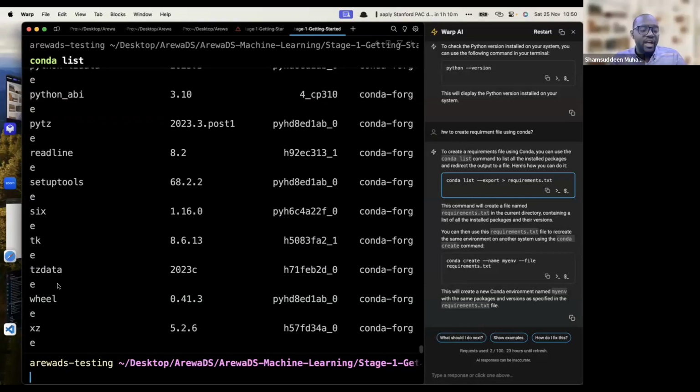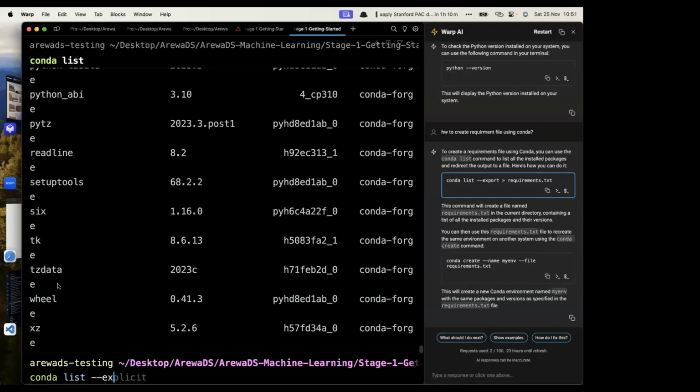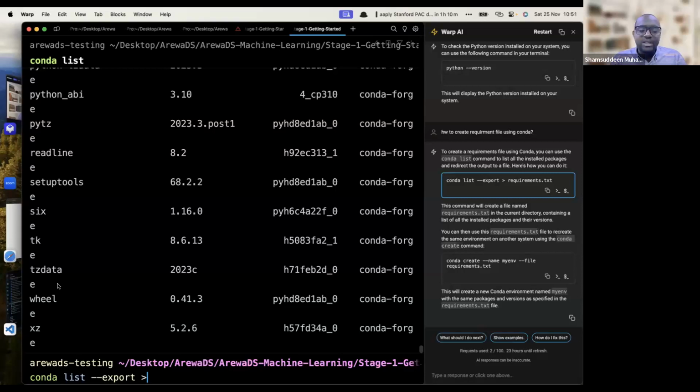Now, when I want to export all the packages installed inside the testing environment, what I need to do, I say conda list. This conda list is listing the packages installed, but you are saying export them. Can you see that? Export them and put them. You remember where we do this redirect? It redirected everything into this requirement.tsv. So when I create this, it will now create them inside this file. So I think for now,